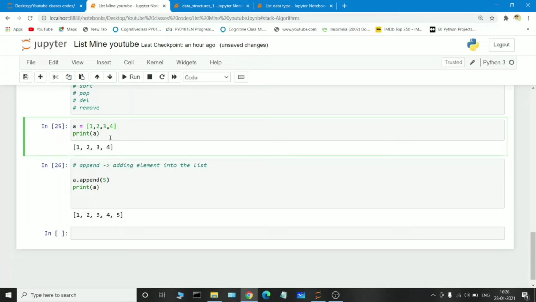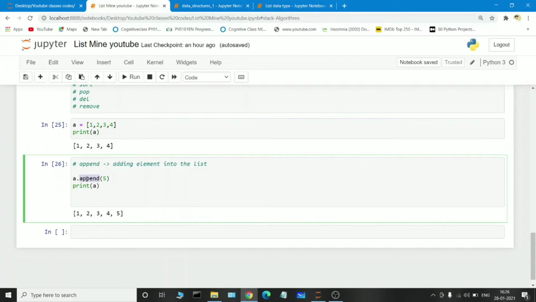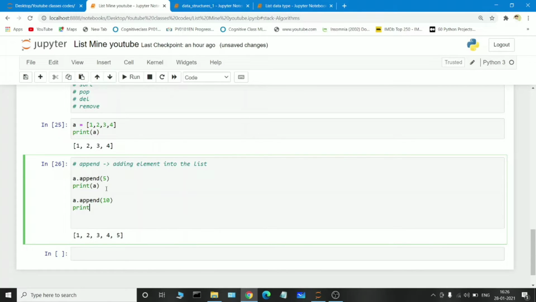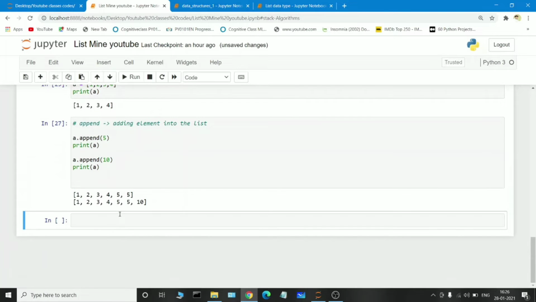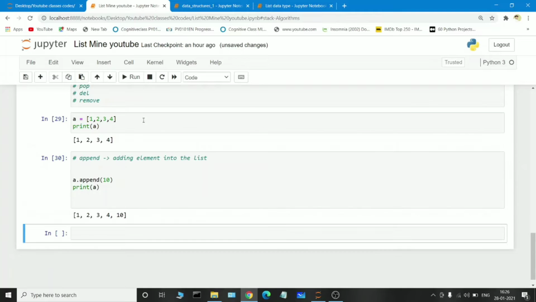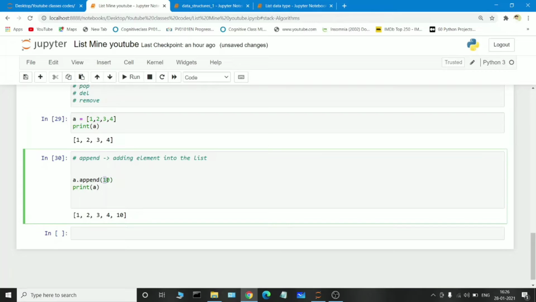It will not insert wherever we want. If we want to insert a value wherever we want, there is another keyword known as insert. But when we use append, the value is added at the last position only. Suppose I add another value, a dot append of 10, and print the value of A. Initially the value of A is 1, 2, 3, 4, but I am passing the value 10, and 10 is added at the end of the list.